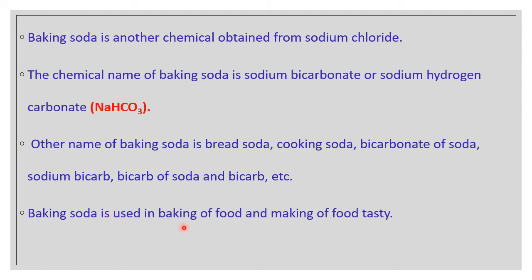Baking soda is used in baking of food and making food tasty. All the bakery products depend on sodium hydrogen carbonate. It is used to prepare baking powder, which we will learn in our next discussion. So it is used in all the bakeries to make bakery products. It is also used in faster cooking. By adding sodium hydrogen carbonate, it increases the boiling point. This is called the colligative property, which we learn in the 12th class. So please wait for a few years. So it is also used in faster cooking, for the time being.